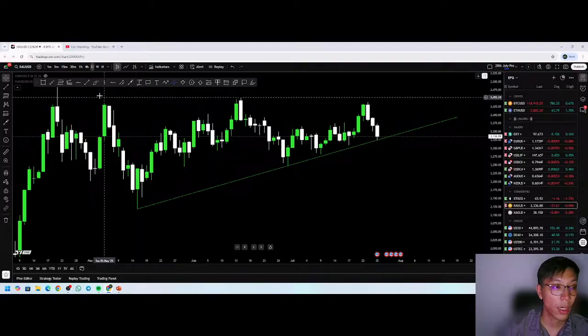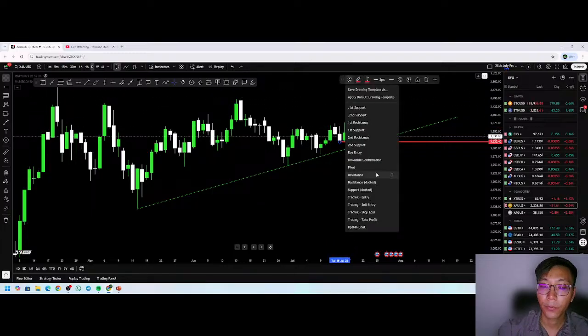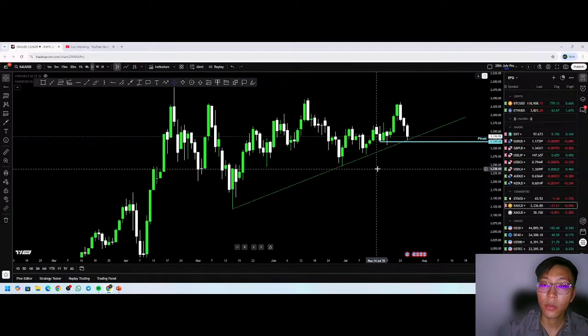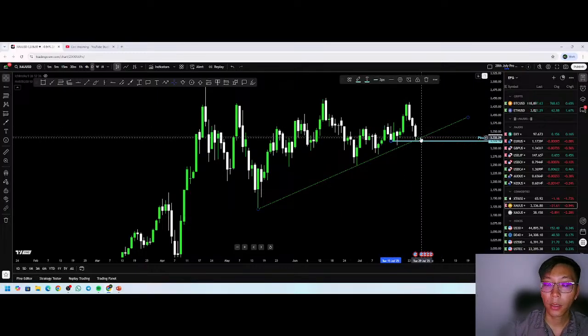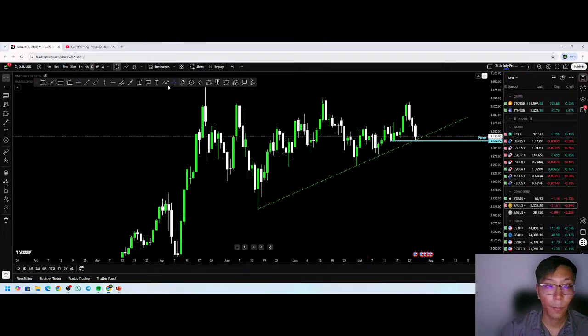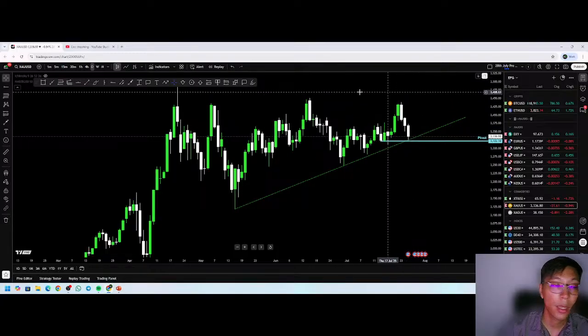Okay, bullish trend line. Then what we can look at is a buy opportunity over here. This could be our pivot point, right? Because price failed to create a lower low right here, right? So what we are looking at, and price already has a break of structure over here, so we are expecting price to react off the trend line as well as our pivot point to create a higher high.